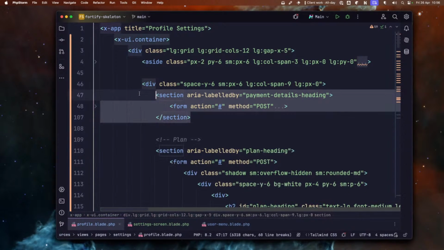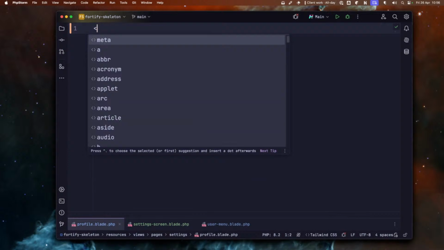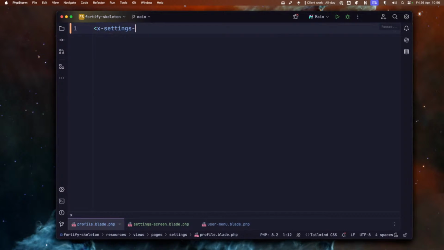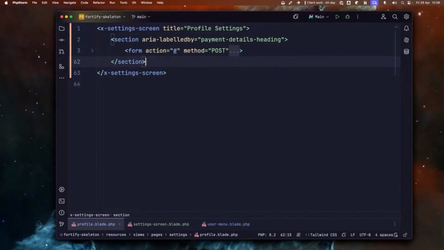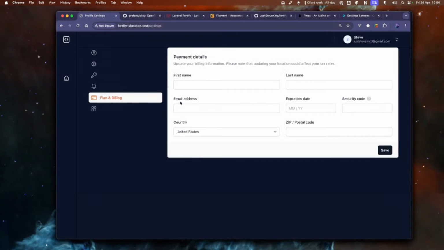So inside here, all we need to do is we're going to grab this section for now, and we're going to say X settings screen, and the title is profile settings. Drop that in, come back to Chrome, and it now looks the same, but it's a lot easier to add